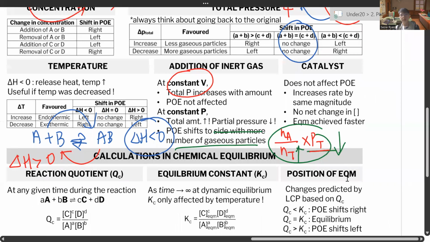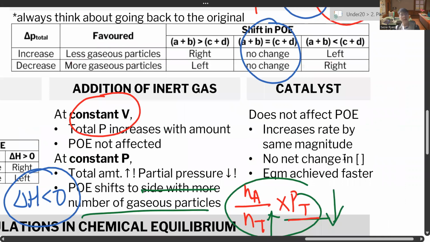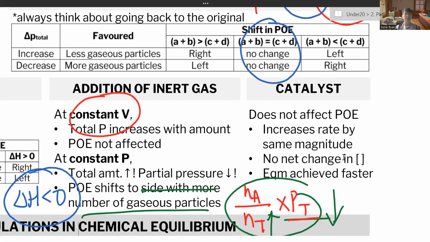Okay, catalyst. Now remember that a reaction at dynamic equilibrium is one in which the forward and the backward reaction occur at the same rate. So if I add a catalyst, I will increase both of the rates by the same amount, right? So if the forward becomes faster and the backward also becomes faster, the rates are still the same, right? So if they're still the same, the position of equilibrium does not change, and therefore the catalyst does not affect